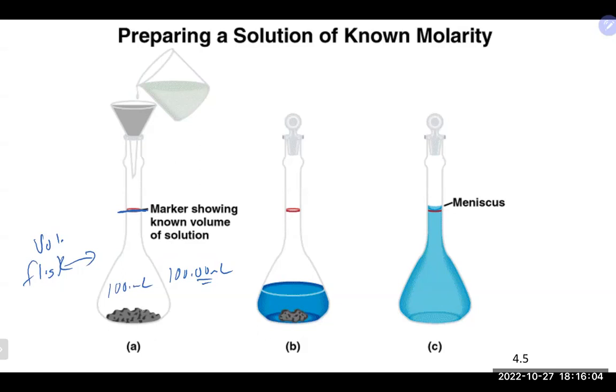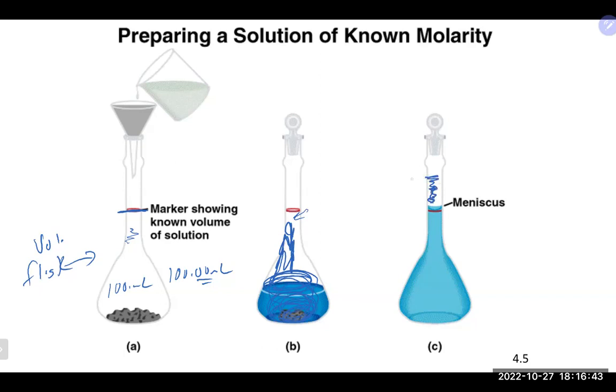In this case, we put a little bit of our solid. You might even pre-dissolve your solid sometimes before you go into the flask. Add a little bit of solvent, nowhere near the neck of the flask at the beginning, so you can get this to dissolve. Like I said, sometimes you'll pre-dissolve like today. And once you've got it pretty much dissolved, it may require you to add a little bit more water as you're dissolving. You then can take it up into the neck here. And you usually want to use something like a wash bottle or dropper so you do not go over the line, because if you go over the line up here,